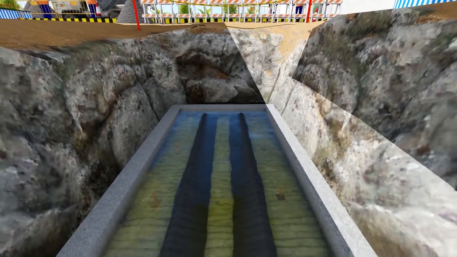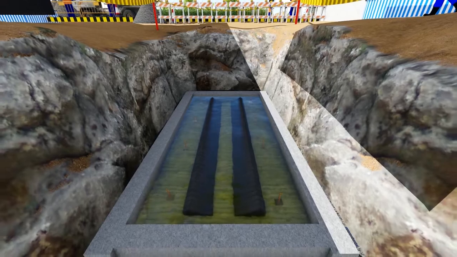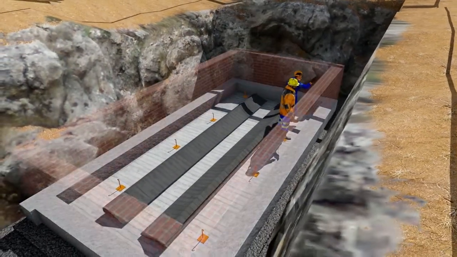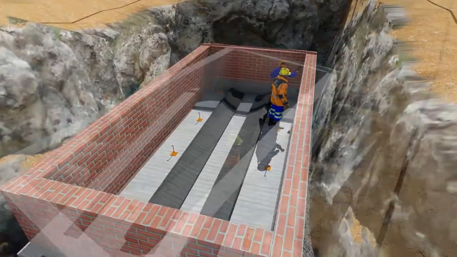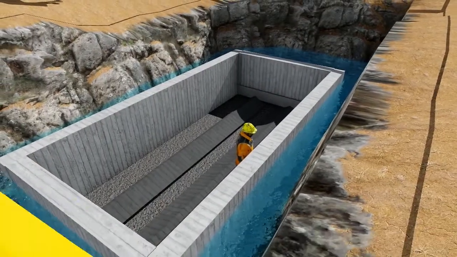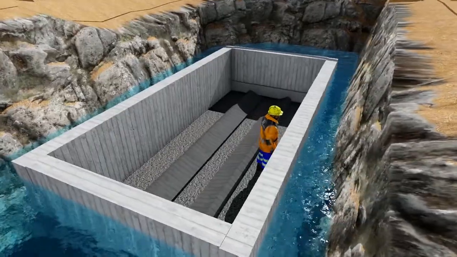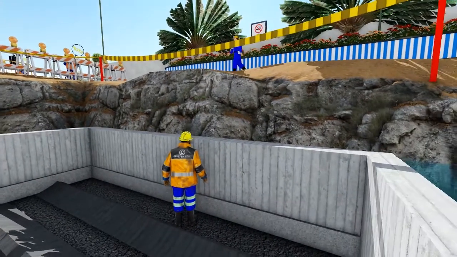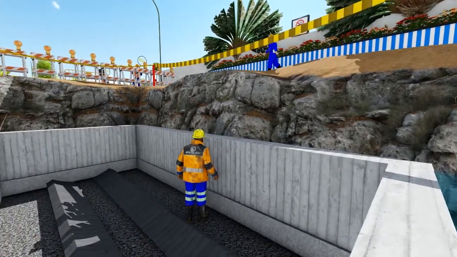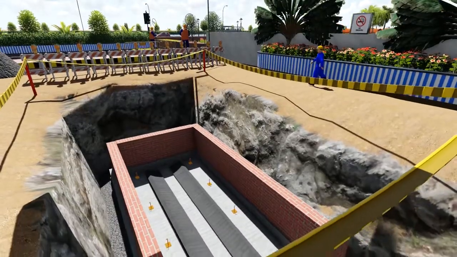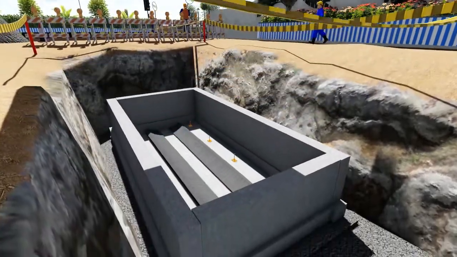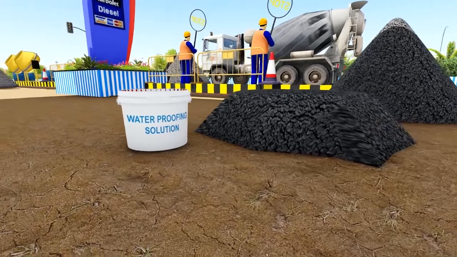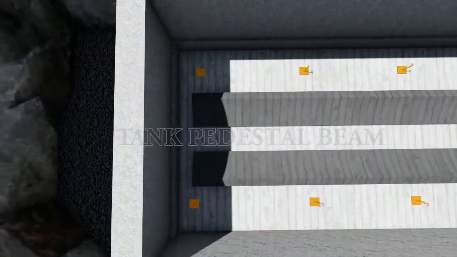For setting of raft beam and floor, it should be continuously watered. After that, we should construct the wall to the thickness and height as per the given drawing. In case groundwater level is high, we should make RCC wall instead of brick wall. The RCC wall will be directly installed in the pit, which is known as the well sinking method. Then plastering of the wall is to be done as per required thickness. We should use waterproofing solutions while plastering of the wall and RCC slab.